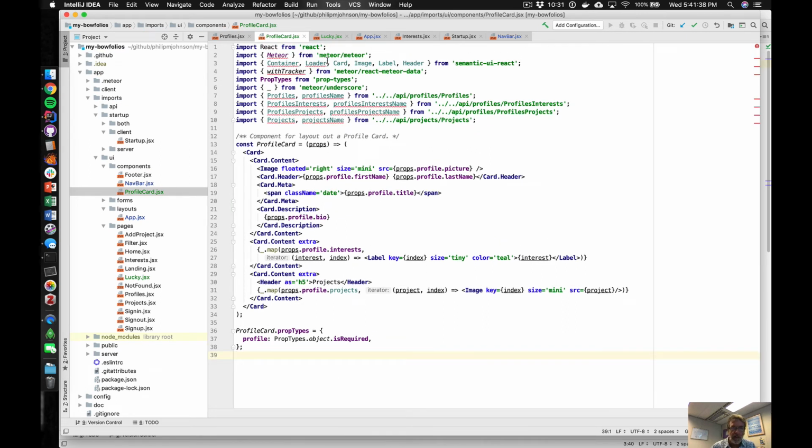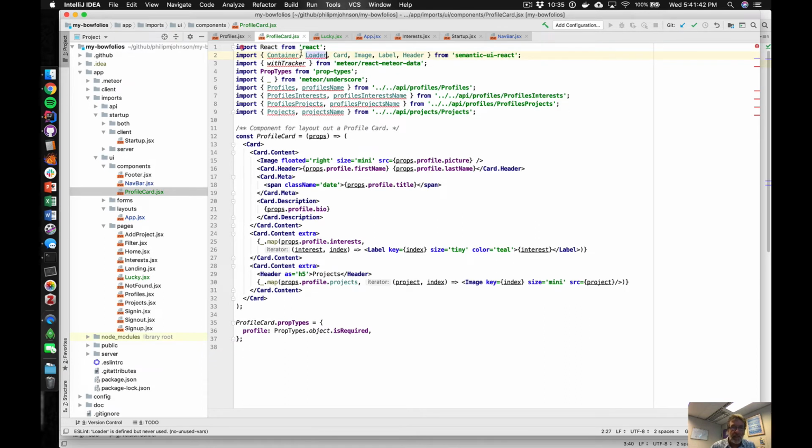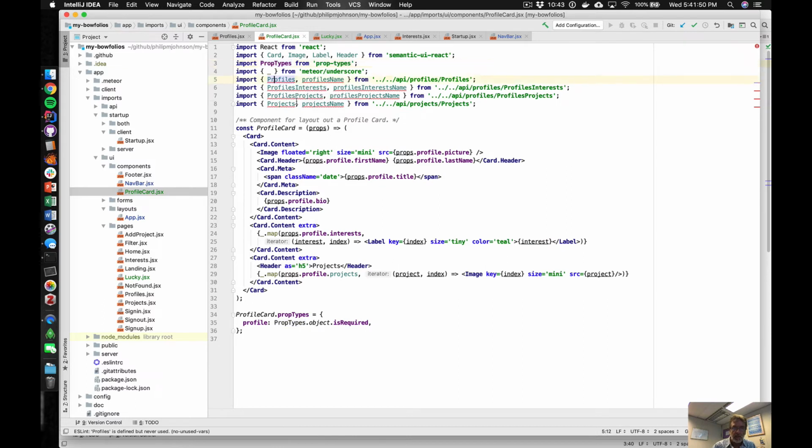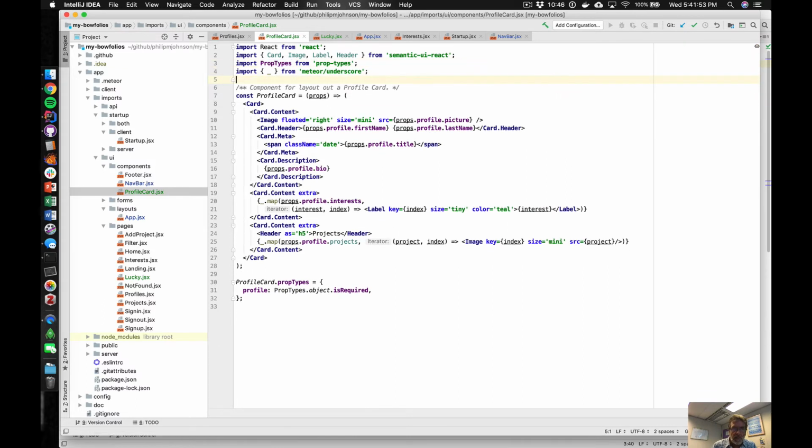Okay, and then once we've done that, and this is the beauty of ESLint, right? It's going to tell us that there's all this stuff here that we no longer need. So let's delete it. Okay, and so now we've got this profile card.jsx, which is a nice little